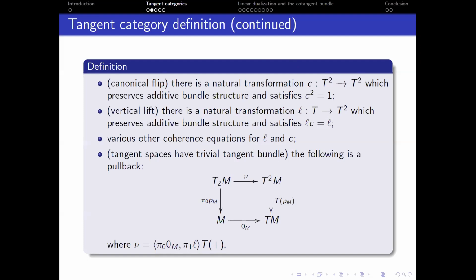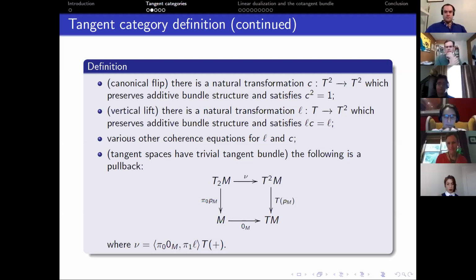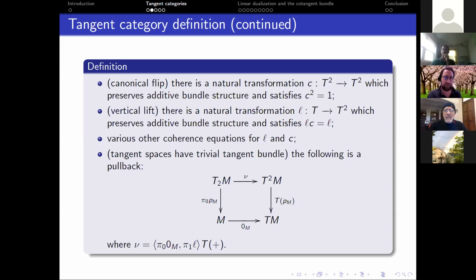So think about the tangent bundle. It consists of all these tangent vectors, at all different points. And you can look at the tangent vectors sitting over a fixed point. And in the ordinary case, that's a vector space. And notice that we don't have any kind of real number object here. There's no assumption of anything like that. So we can't ask that those tangent spaces be vector spaces in the traditional sense. But another important property of vector spaces is that their tangent bundle is trivial. The tangent bundle of a vector space V is isomorphic to V cross V. So